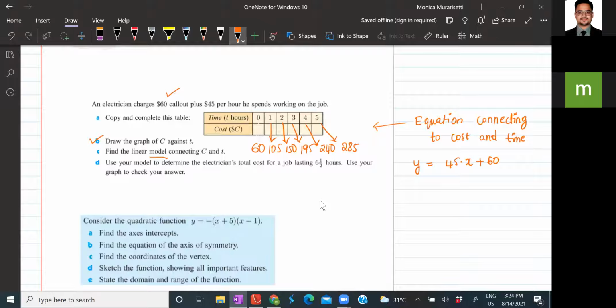Now, what could be the value for this? We already have a model that is y equals 45x plus 60. Now they're asking us to find what could be the total cost of the electrician to be paid when you do it for 6.5 hours. Let's just plug in the x value as 6.5 and you will get the answer, that is y, which belongs to cost. This is as simple as it is. If you do 2-3 questions of a similar model, it will be very hands-on for you to experiment, right?